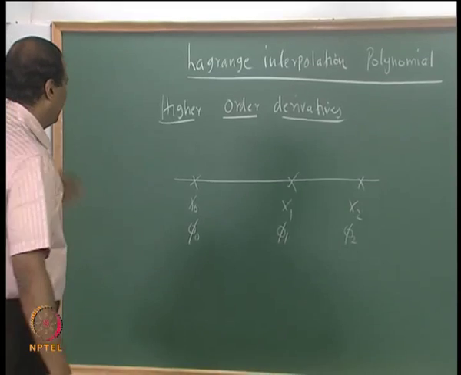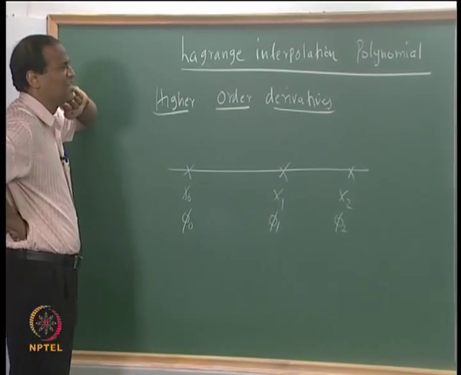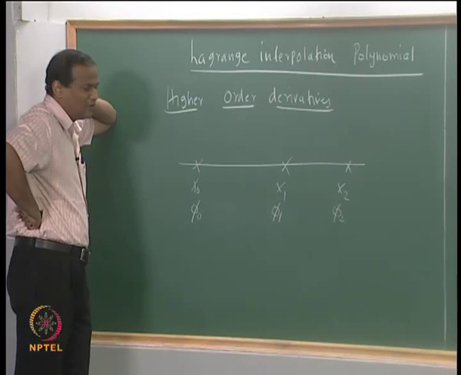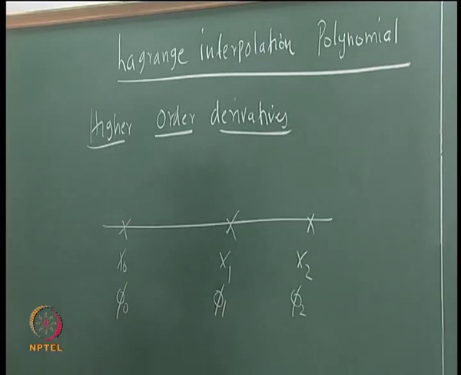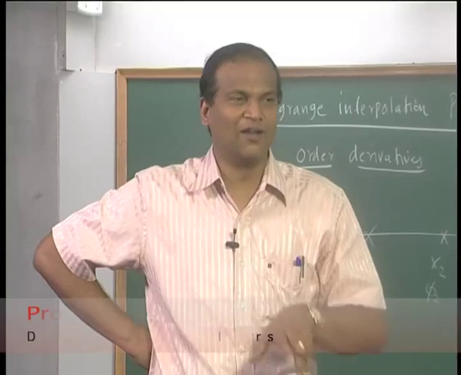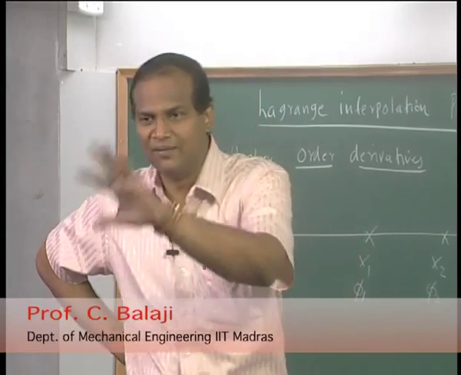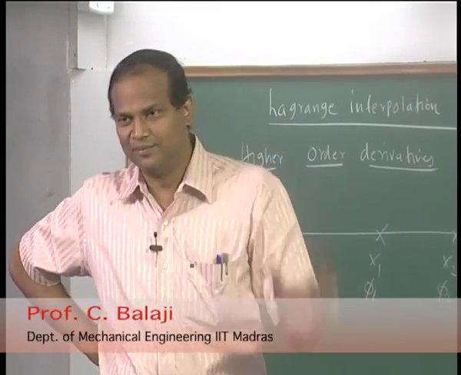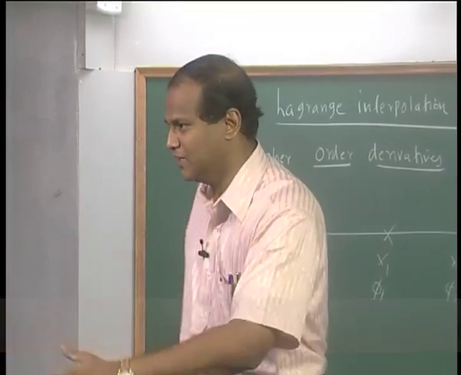Let us consider the Lagrange interpolation formula. I am looking at higher order derivatives, right. So we used the Lagrange interpolating polynomial to find the intermediate values in the last class. Now I quickly went on to getting the first derivative, second derivative, and then I went to the Laplace equation. I did so many things very fast, okay. So now I will try to slow down and let us go through the whole thing again.